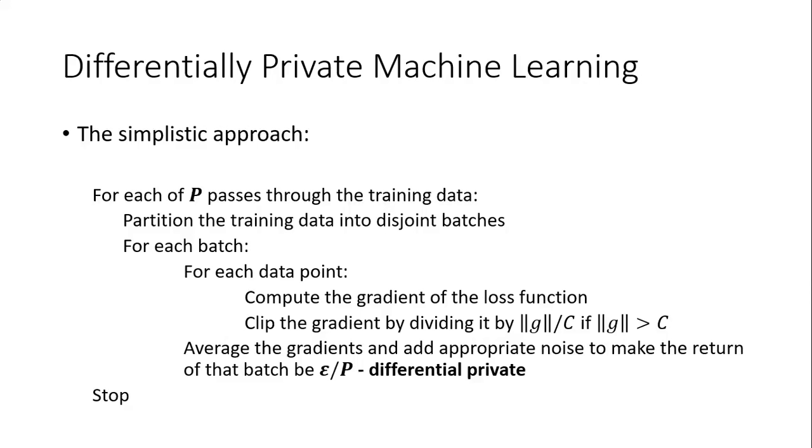So if the gradient of your loss function is a vector in all of your weights, and you add Gaussian noise, then they use the 2 norm, and you decide what's the largest 2 norm you want, and that's your constant C. For any data point, if the 2 norm of the gradient for that data point was larger than that, you just scale it down.